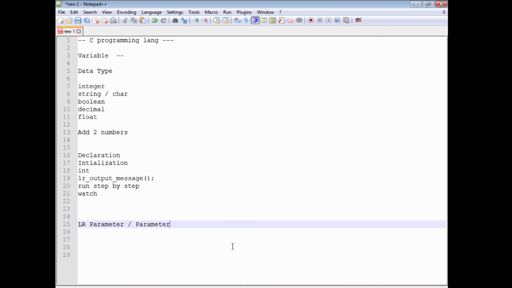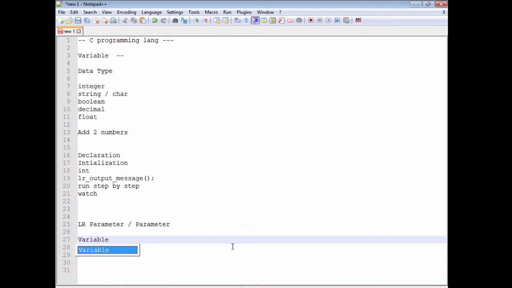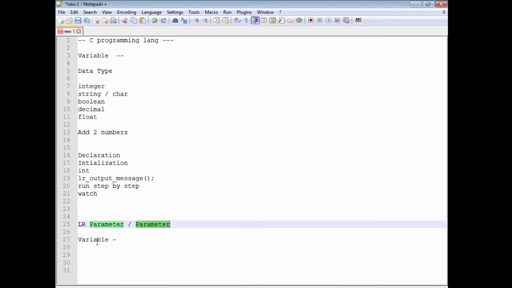Again, what is a parameter? A parameter is just like a variable, but it's a different term to mention that the value inside it will be changing. Parameter means something which changes all the time. The value inside it changes. But since this belongs to LoadRunner, we don't call it a variable, but we call it a